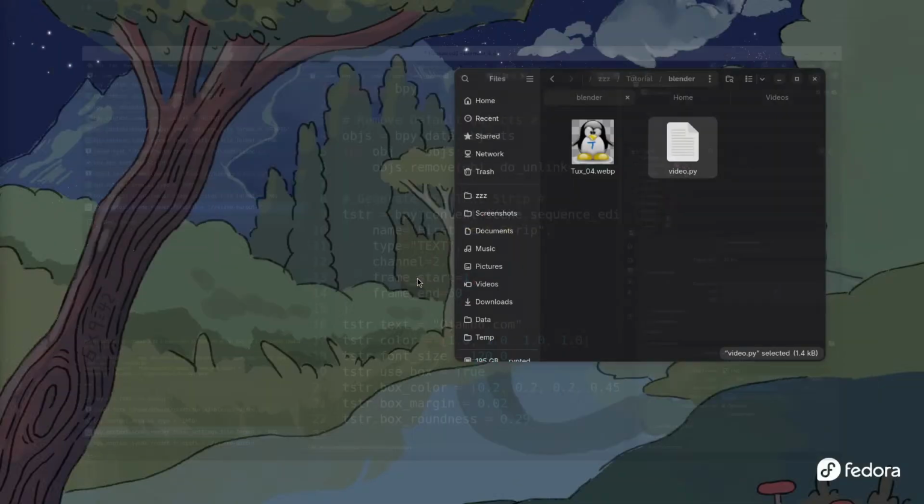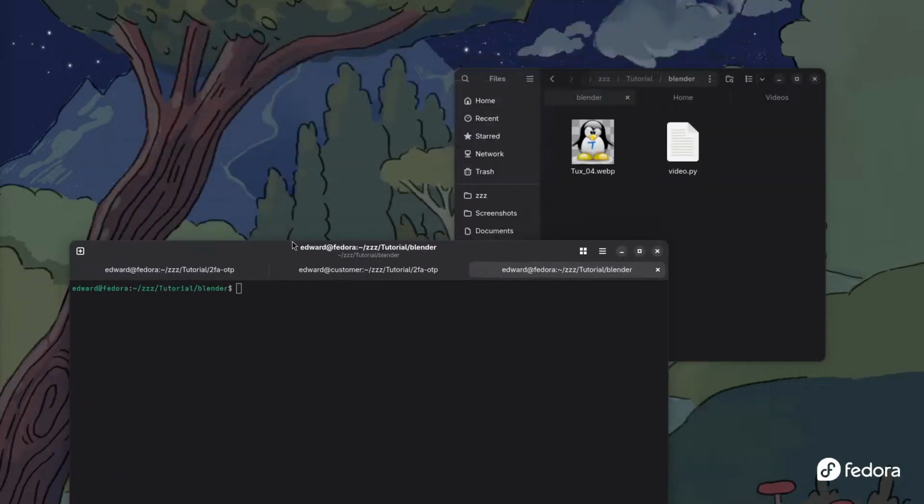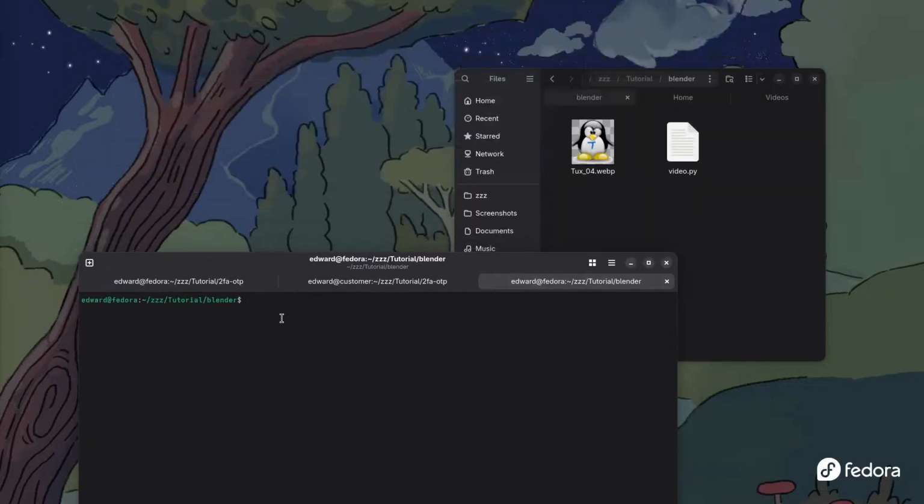So I'm going to exit this. I'm not going to save anything. Now you see here in this folder I have my Python file. So what I can do is actually run that Python file. I go to the command line, and I type blender -b, that means background, then -P, which has to be a capital P, and the Python file. The Python file is going to be video.py. So if I hit enter,